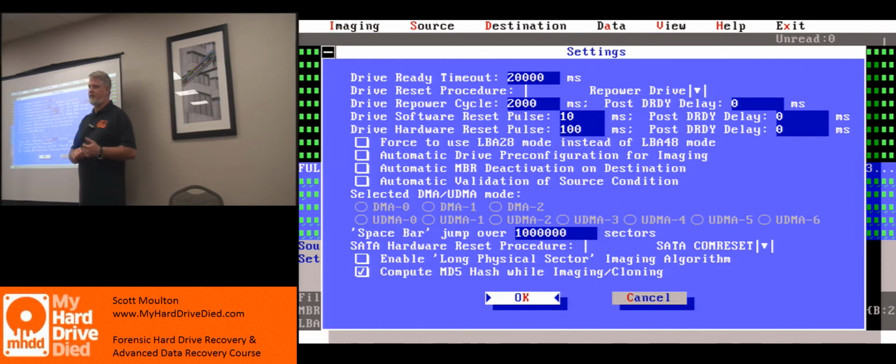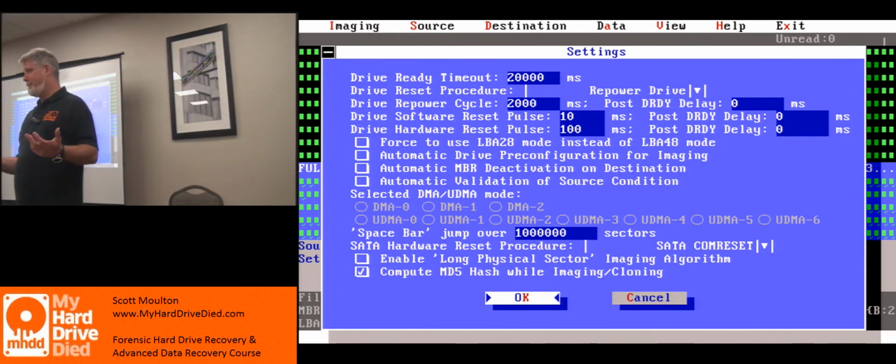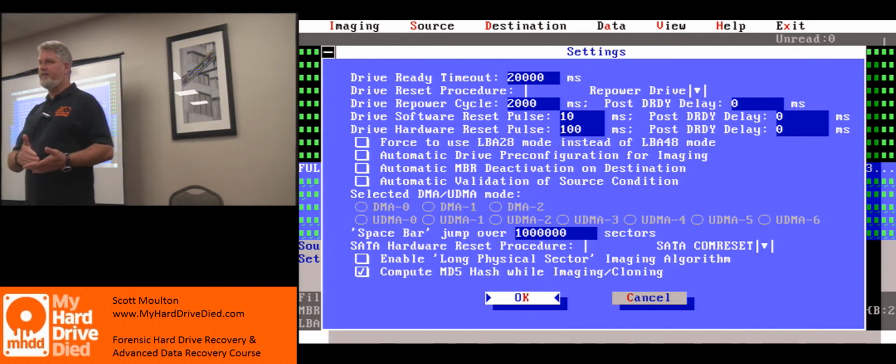Yes. Right. But beyond 137, keep in mind, even though it sounds limiting, where's the most important part of your data? It's almost always in the first 100 gigs, right? Your first 100 gigs is your OS, your tables, your MFT, your NTFS settings, all that stuff. So luckily, it's in the beginning of the drive. It's rarely someplace else. Now, it can be.